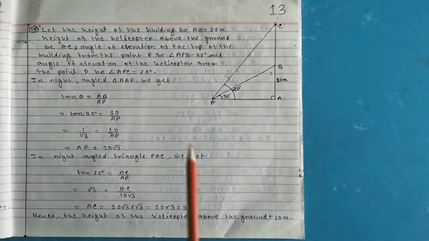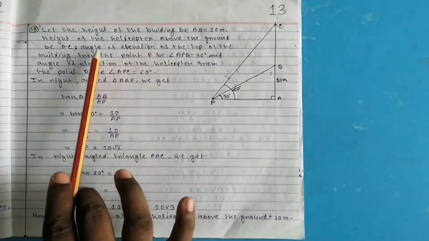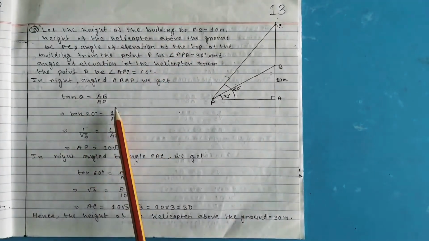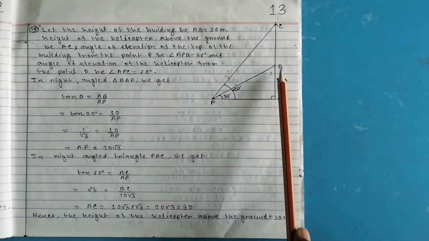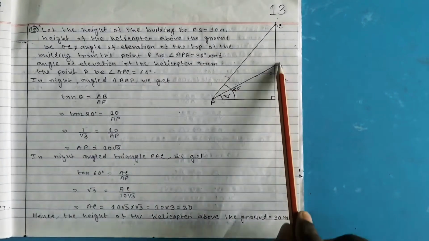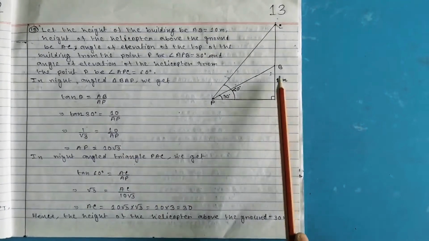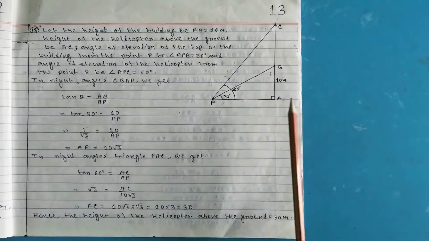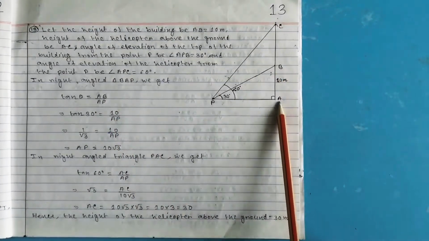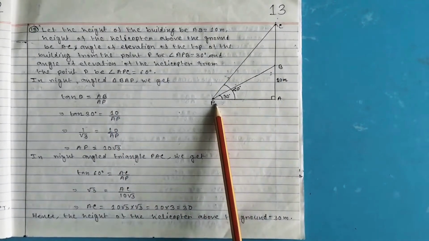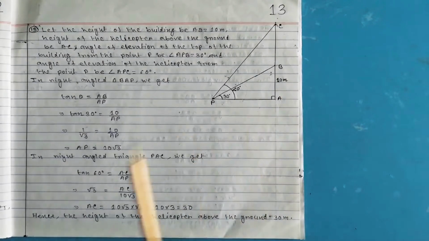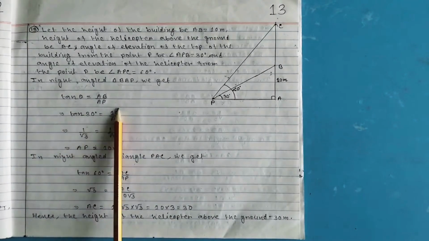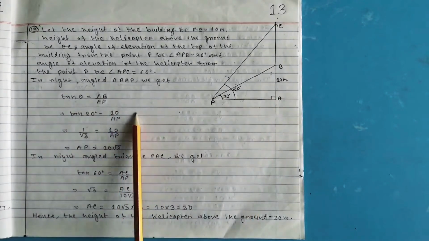From this statement that is already given here, you can copy that. That is the given thing. Now from the triangle BAP, in this triangle AB is how much? 10 meter, and this angle is 30 degrees. So tan theta equals AB upon AP. AB is the perpendicular and AP is the base. Theta is 30 degree here, so tan 30 equals 10 upon AP, because AB equals 10.